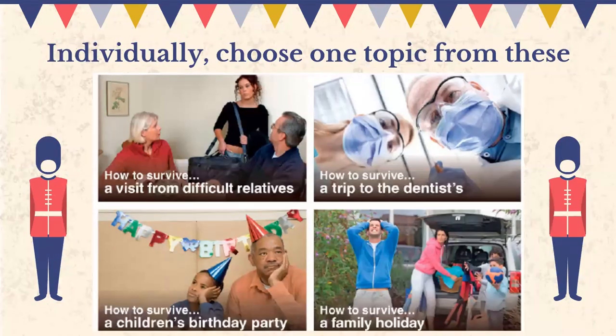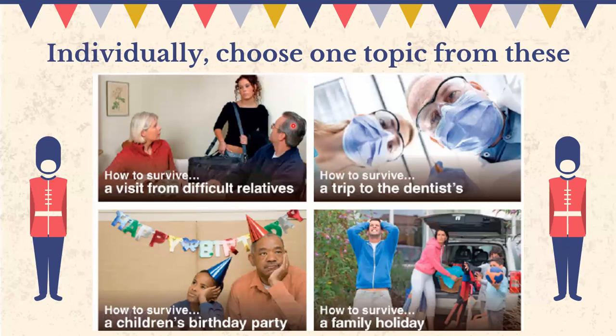On page 55, what we're going to do, in an individual manner, is choose one of these topics. We have 4. How to survive a family holiday. How to survive a children's birthday party. How to survive a visit from difficult relatives. And how to survive a trip to the dentist. So analyze it. Check one. I need you to please